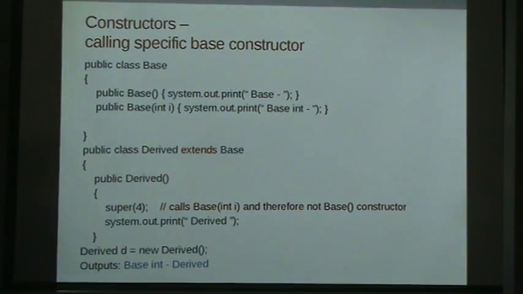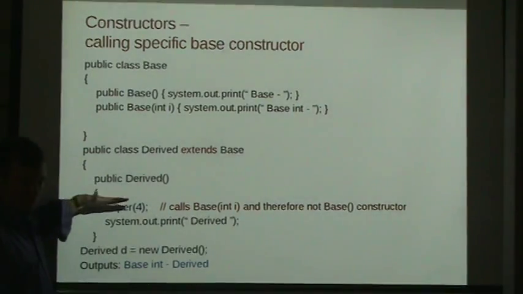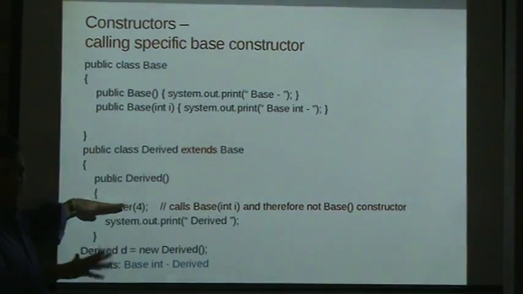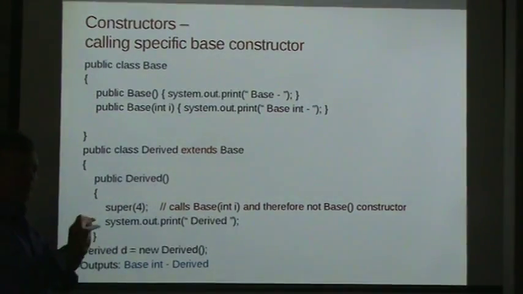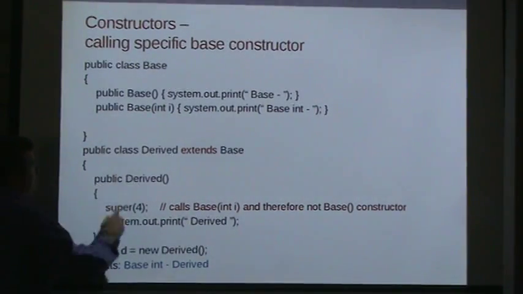Even if you don't tell it to. If you don't tell it to, the very first instruction is your derived constructor not calling the base one will be called implicitly, not explicitly, not because you said so, but implicitly. So what would happen is, in this case,